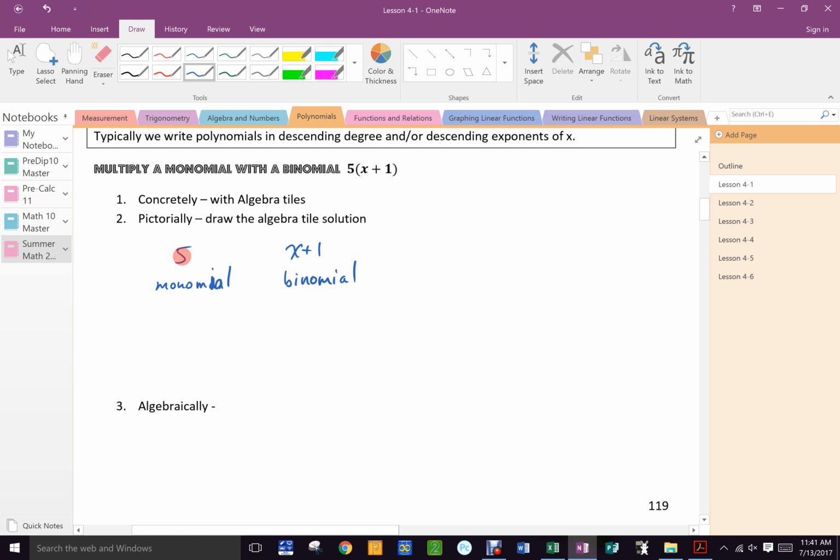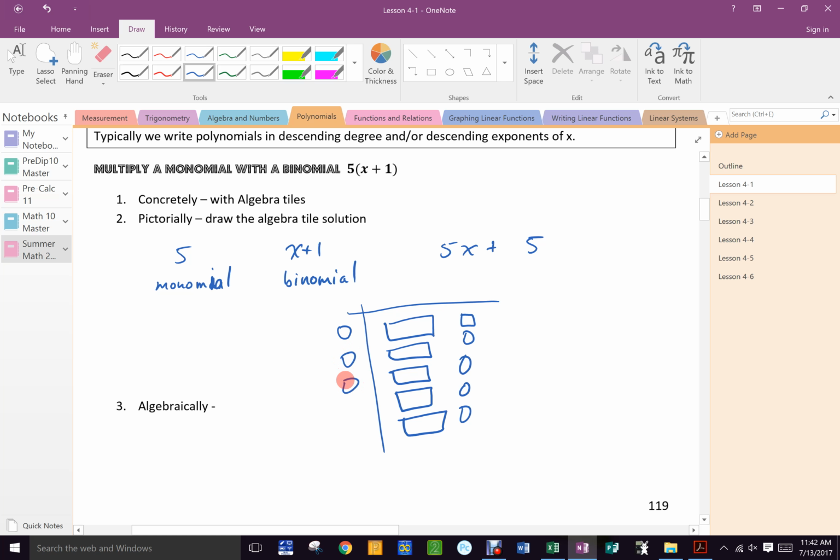5 times. So there would be 5 x's and 5 1's, right? So the answer is 5x plus 5. Now, if we draw this out, the new way we like to teach people math is we like to use these symbols. That means x, that means 1. And there's 5 of them. 1, 2, 3, 4, 5. 1, 2, 3, 4, 5. 5 x's plus 5. And then we make this little box around it,